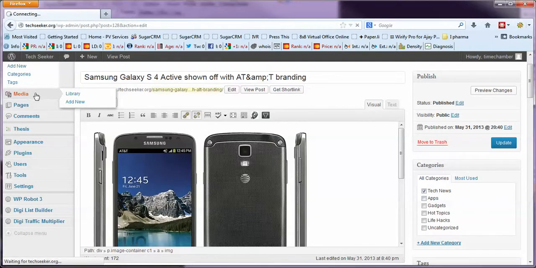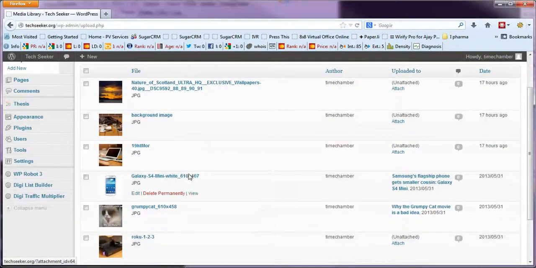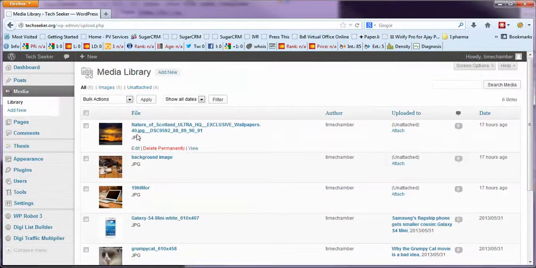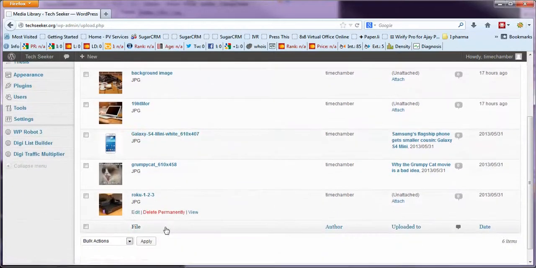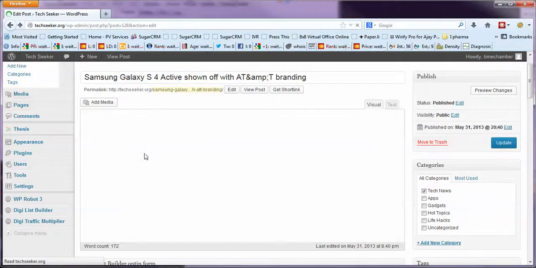So you go to media, and normally with WordPress, anything that's in the media section, anything that's a picture in the post, it should technically show up in the media section. The problem is that all of these pictures here have been uploaded manually by me, and that's the only reason why they show up. The other pictures in the posts,